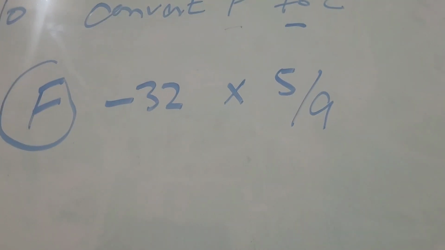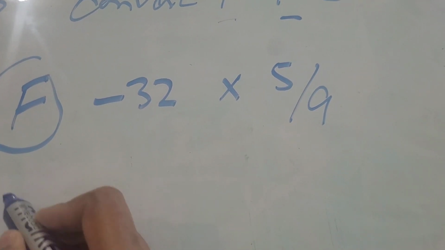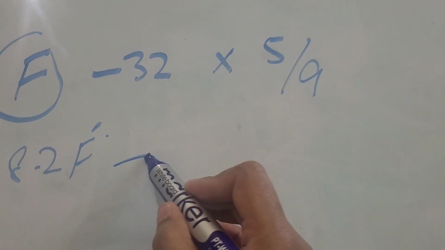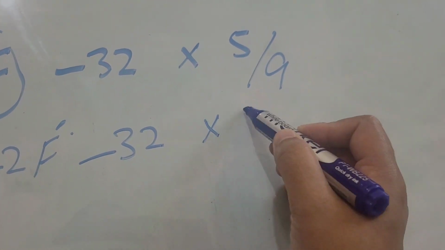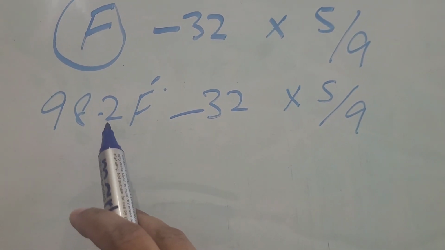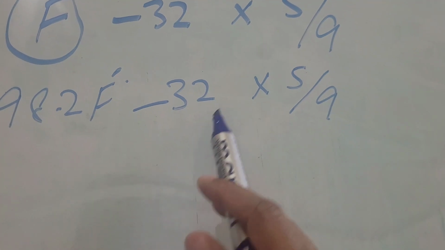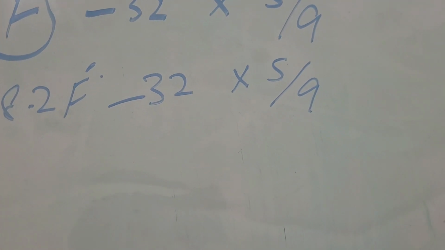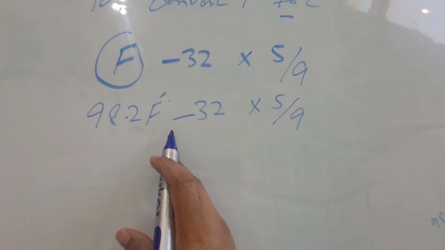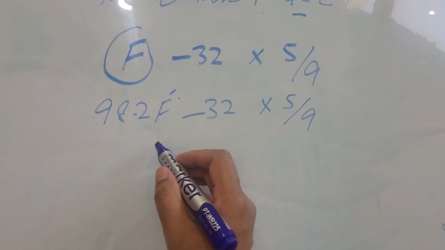This is the formula. Now for example, the patient temperature is 98.2 Fahrenheit degree. 98.2 Fahrenheit degree temperature minus 32 multiply 5 by 9. Now what will we do? We will minus 32 from 98.2 and whatever reading comes, we will multiply with 5. Now what is our next step? The 98.2 Fahrenheit degree minus 32. If you minus 32, your answer will come here